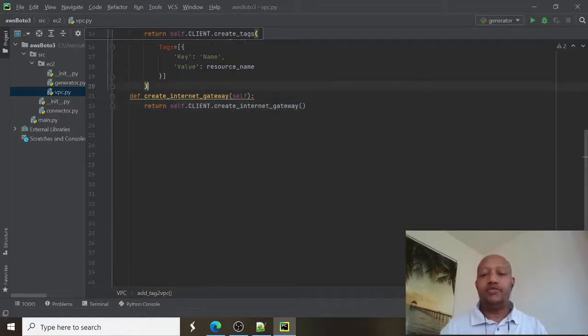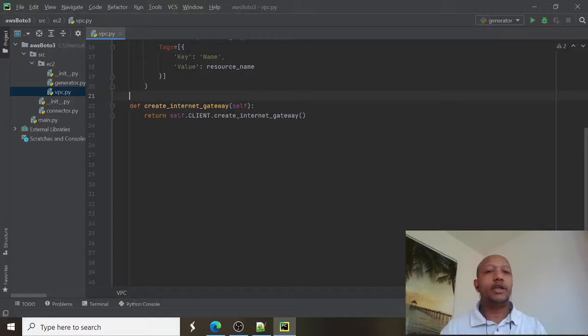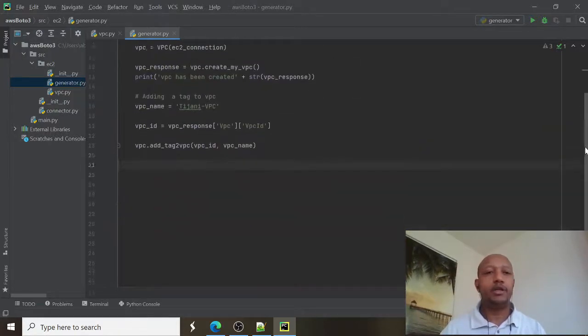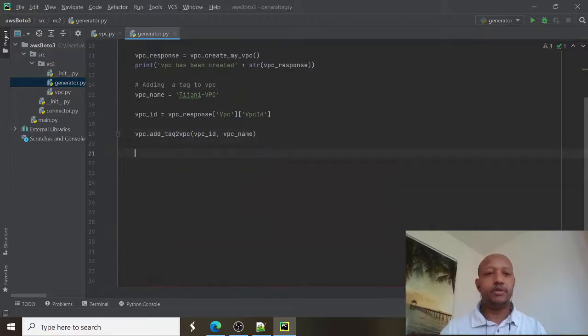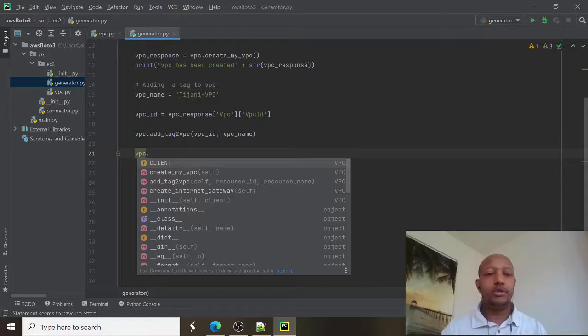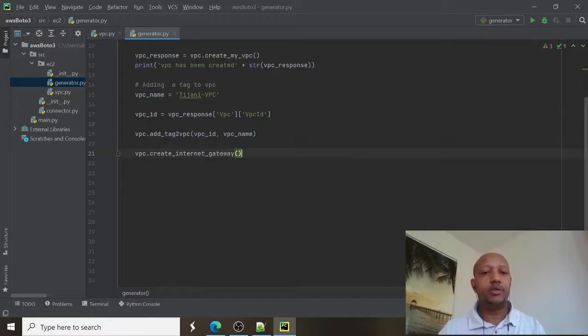So once we define create Internet Gateway in the VPC class, we need to go to the main method in order to call it. We are here in the main method. Then VPC dot create Internet Gateway. That's it. Once we call this one, we need to attach the Internet Gateway to the